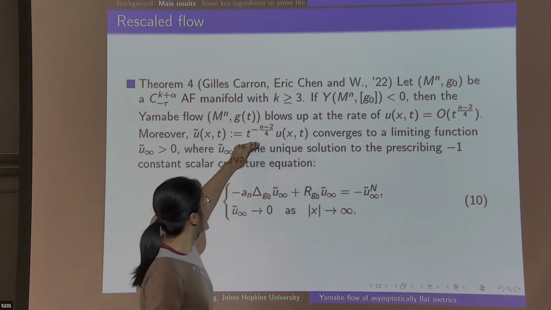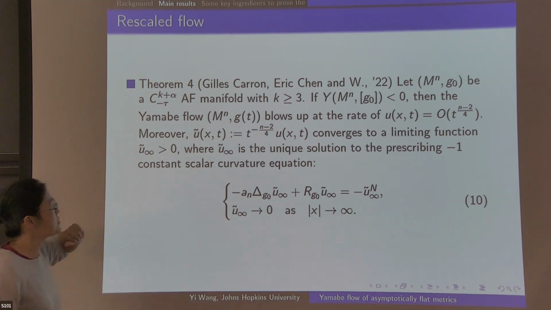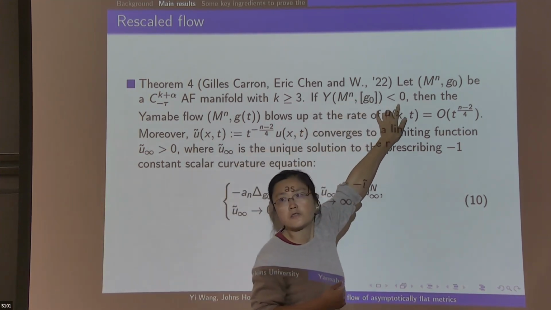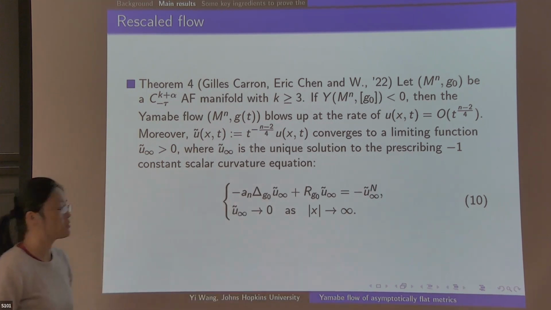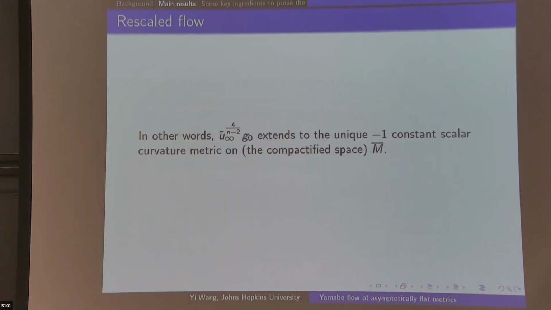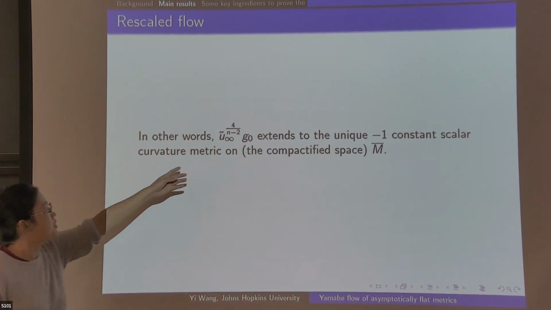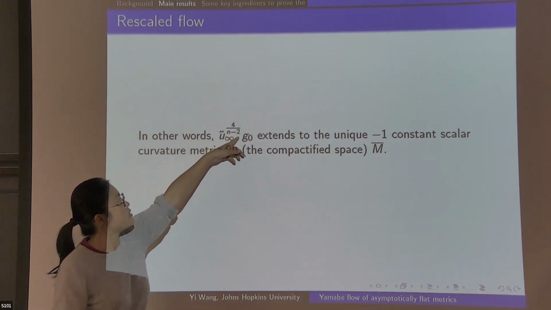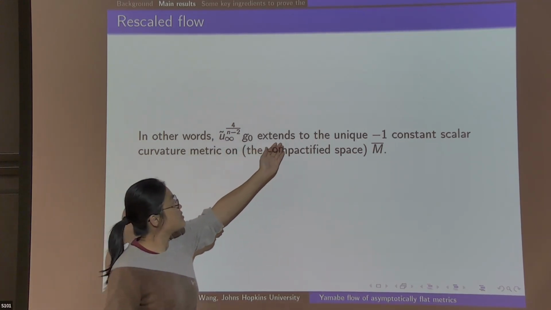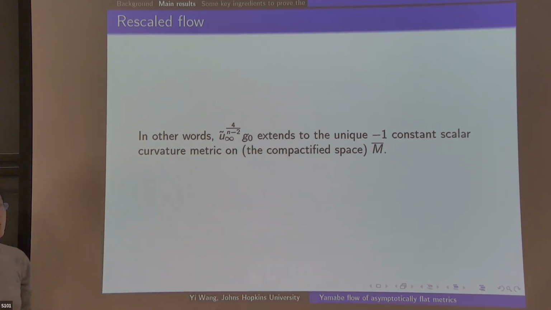So after doing the scaling, you can still see the information of y being negative, in the sense of the geometric interpretation: when you do the conformal change by using u tilde infinity, as the usual conformal power that we use, this extends to the unique